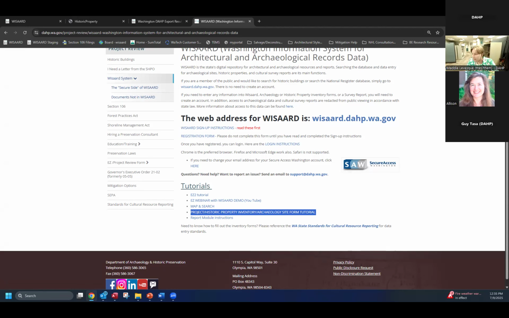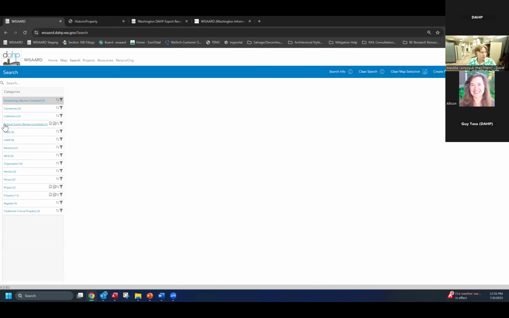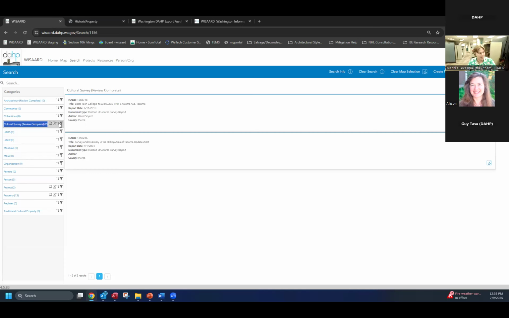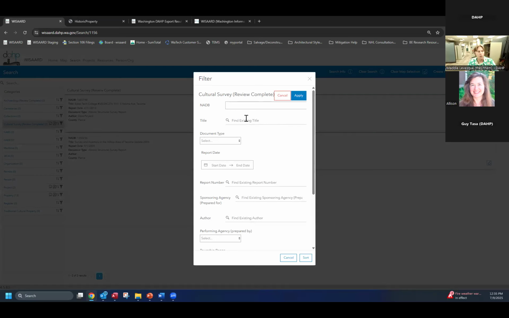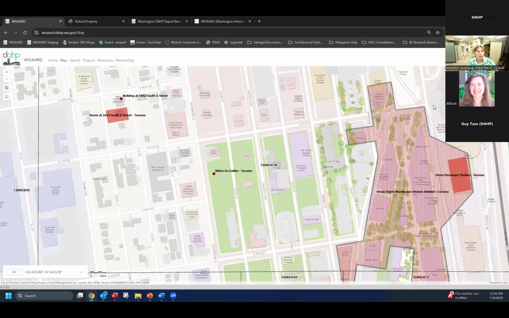Angela asked, can you just search for reports? And the answer is yes, you can just search for reports. That's called cultural survey in WISAARD. You can do the same thing that I did with the property layer where you click the filter, and if you know what a report is called, you can do that there, or you can turn on the cultural resource or cultural survey layer, because we also map our reports as well. It will show all the mapped